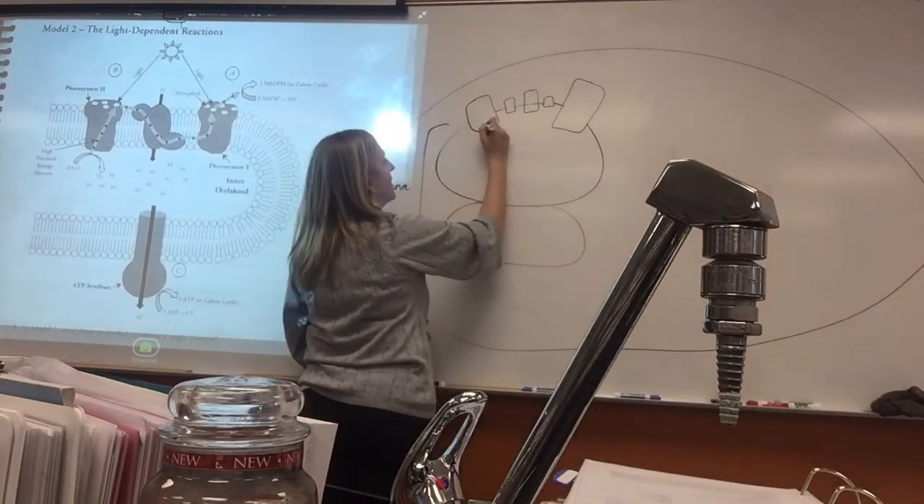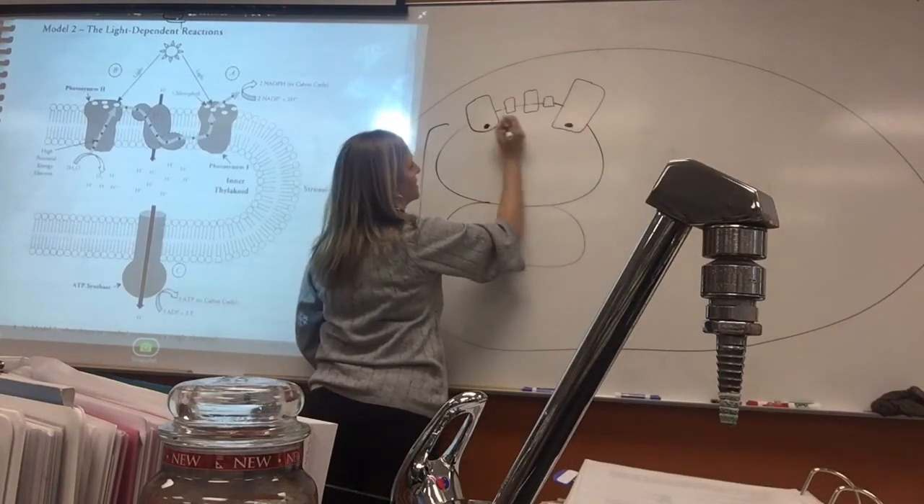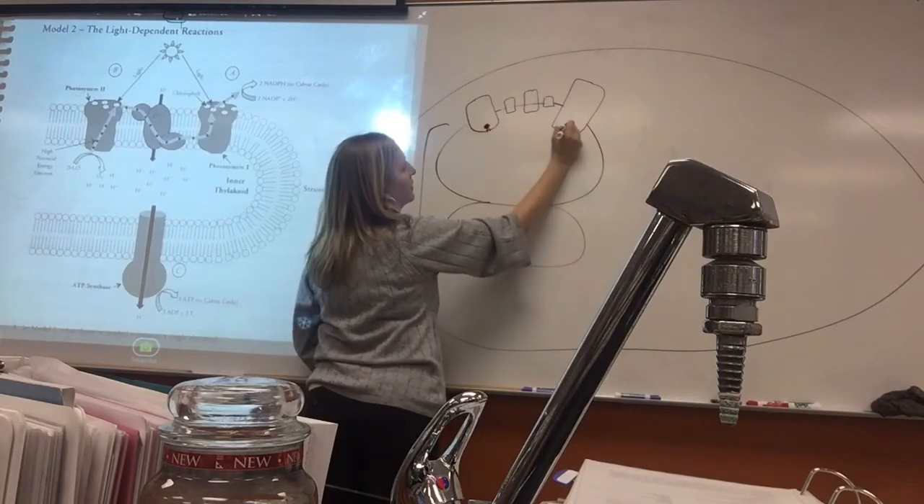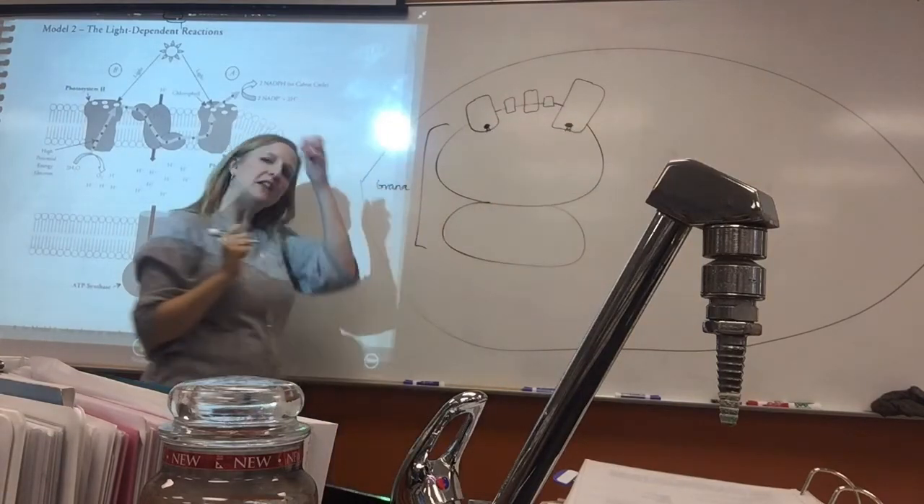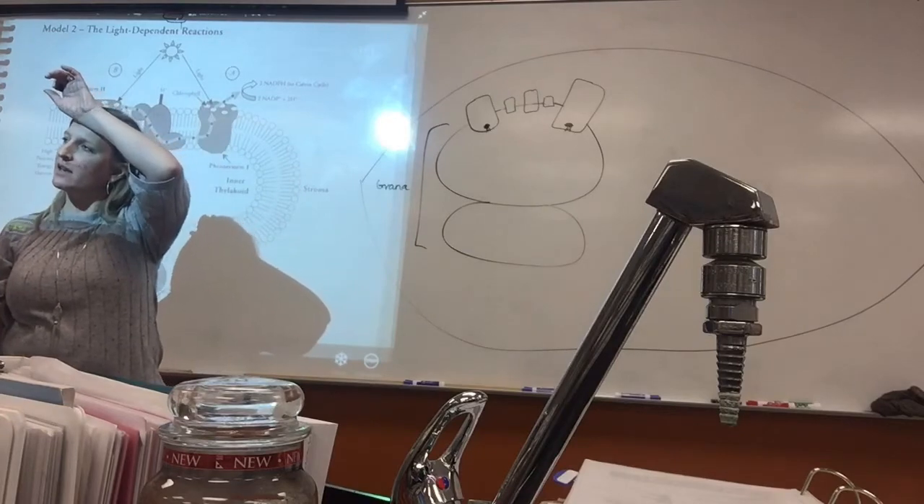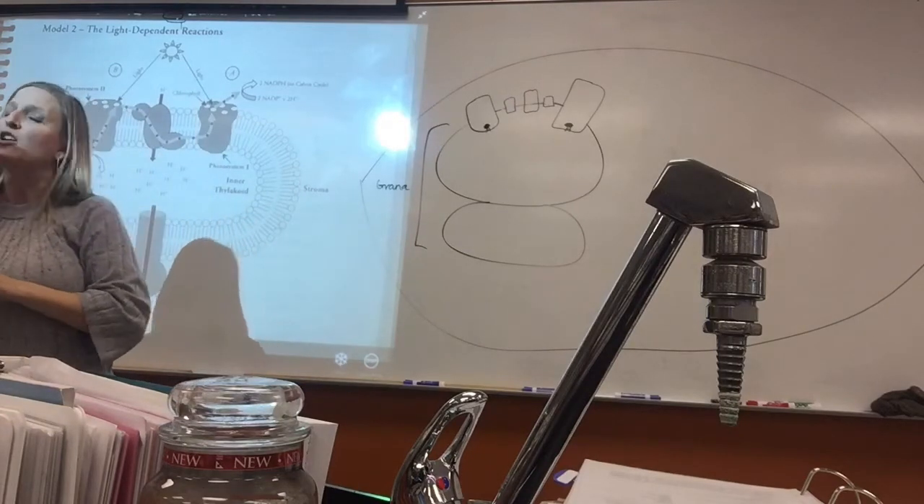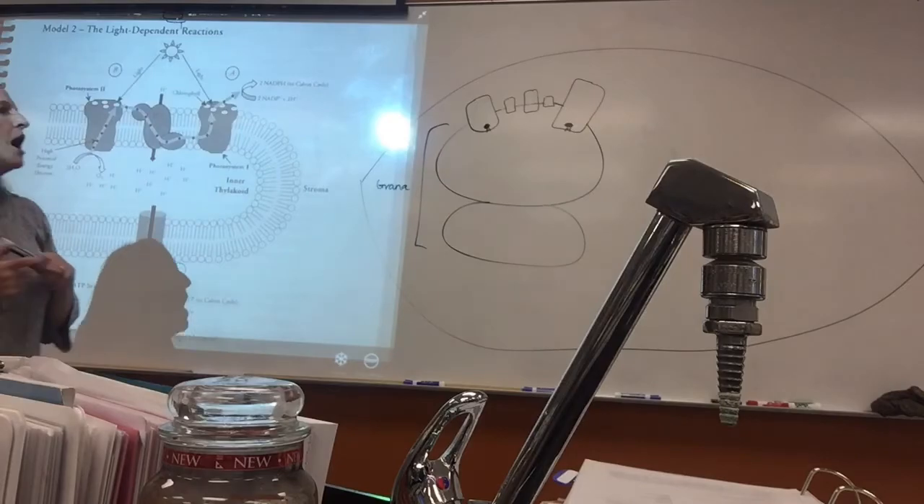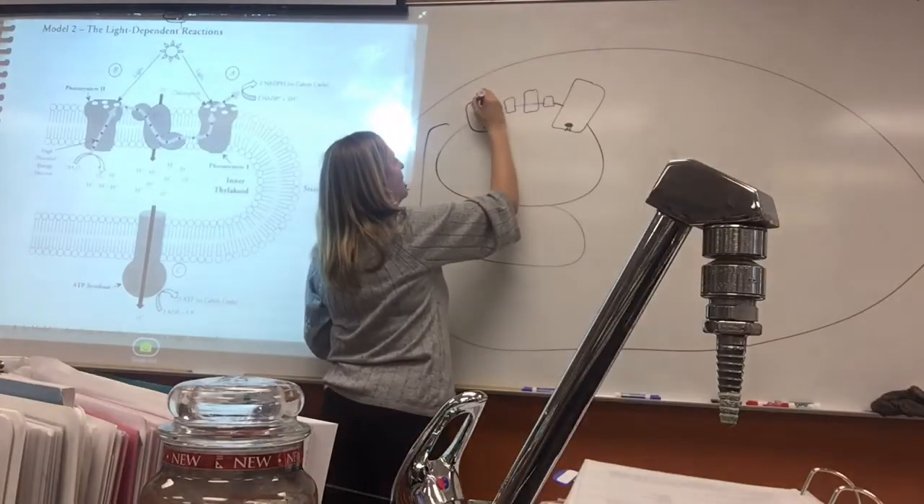So chlorophyll A is right here. I'm going to put here, so this is chlorophyll A. I'll just put a little A for chlorophyll A. Is chlorophyll A the only pigment? No, there are other pigments. Chlorophyll A is the main pigment in the center part of the